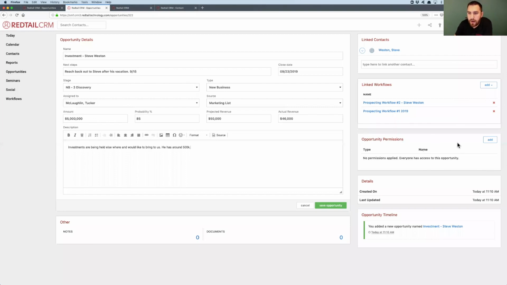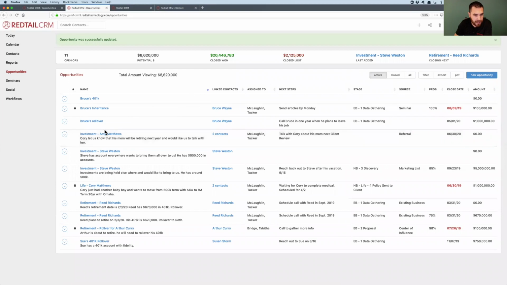Again, we had mentioned permissions, so you can go ahead and add permissions. You can also take a look at a timeline. So you will have an opportunity timeline. This is something that you share. You can then maybe see who added what along the way. And so this will be kind of in real time. And now I'm going to save this opportunity actually. And I want to go back into